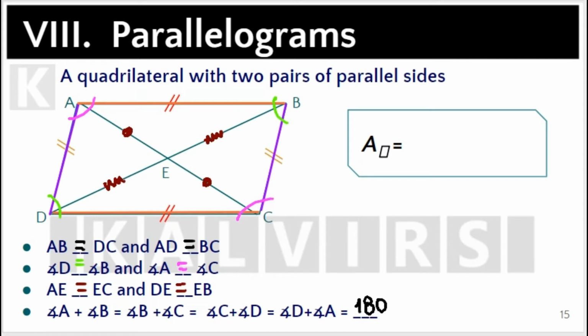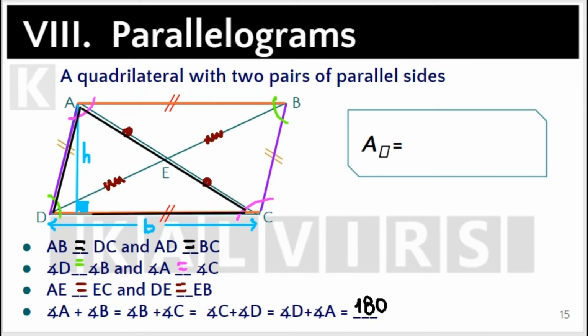Now, let H be the height of the parallelogram and let B be the length of side DC. Since a parallelogram is formed by two identical triangles, this one and this one, in terms of B and H,